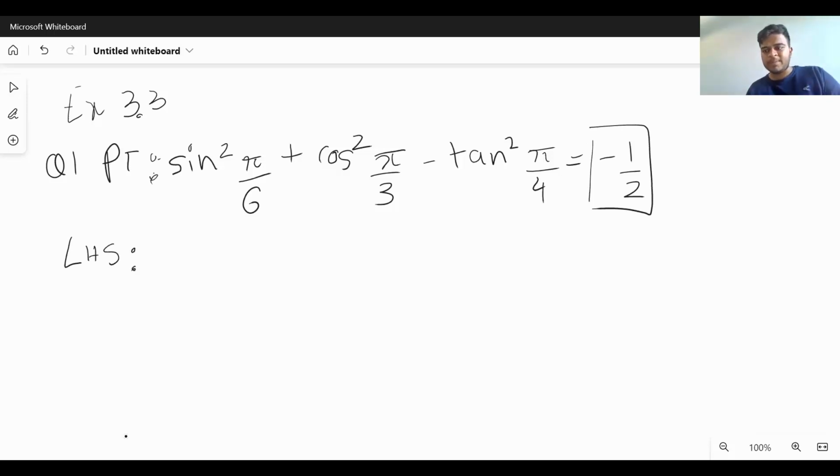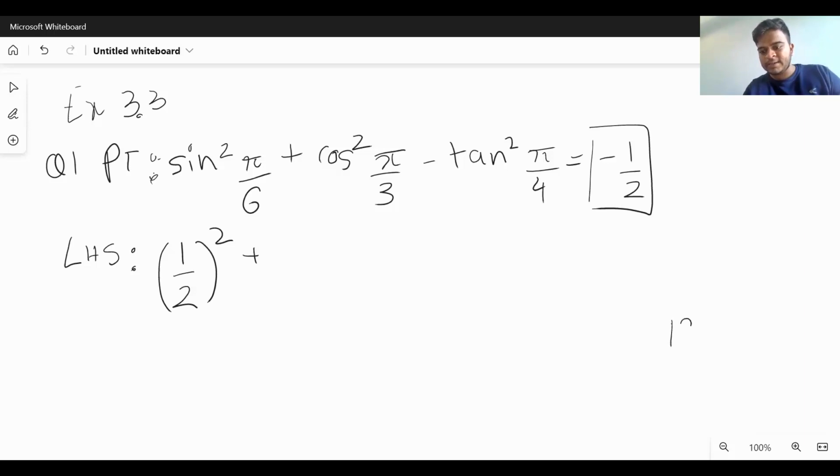So what is sine pi by 6? Pi by 6 is nothing but 180 degrees divided by 6, because we denote pi radians as being equivalent to 180 degrees. So that is 180 divided by 6, and that is 30 degrees. And what is the value of sine 30? It's nothing but 1 by 2. So 1 by 2 whole square, plus